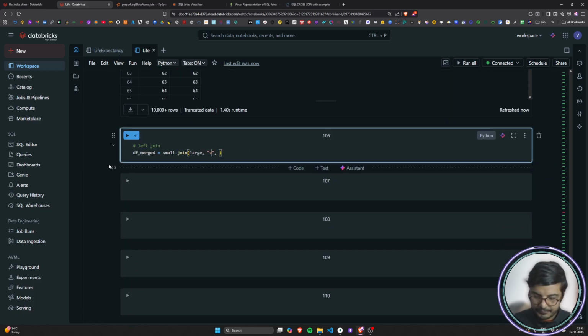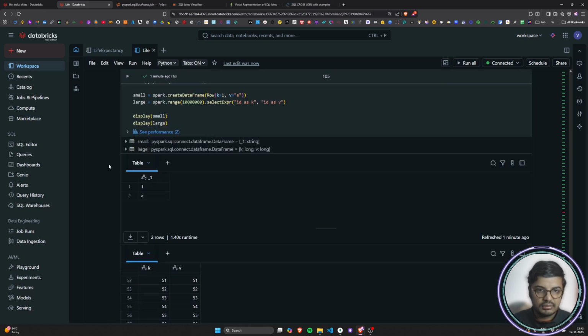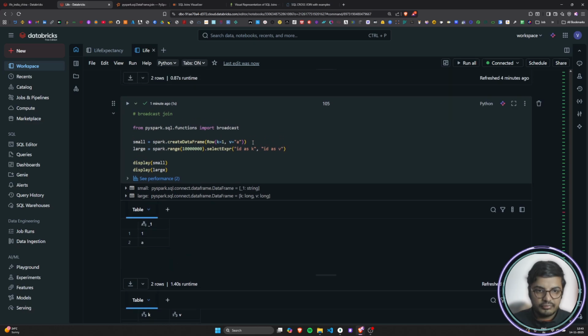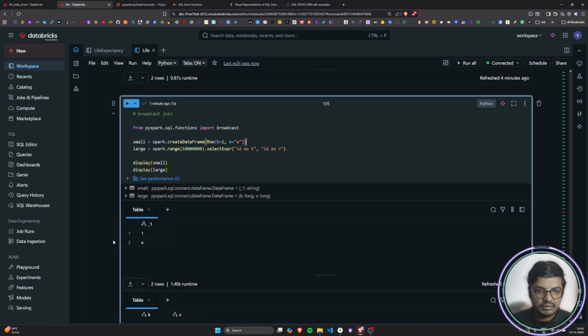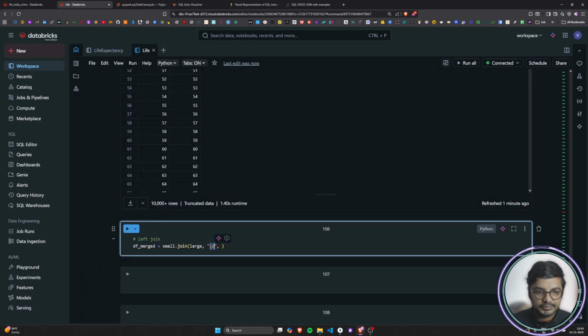So on id. Just a second, we have k as 1 and v as a. Okay, fine, and we will perform it on k. Then for how, I will give a left join,